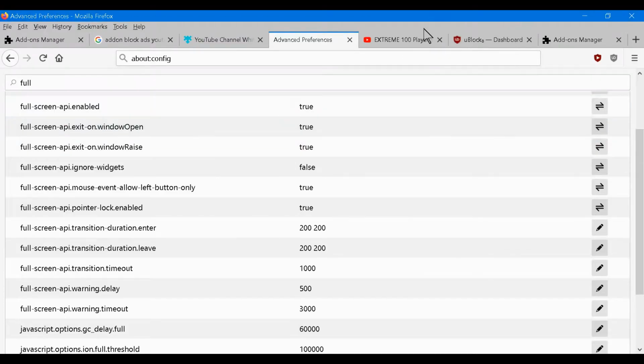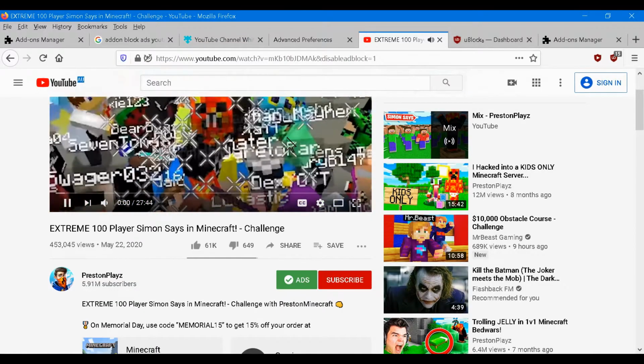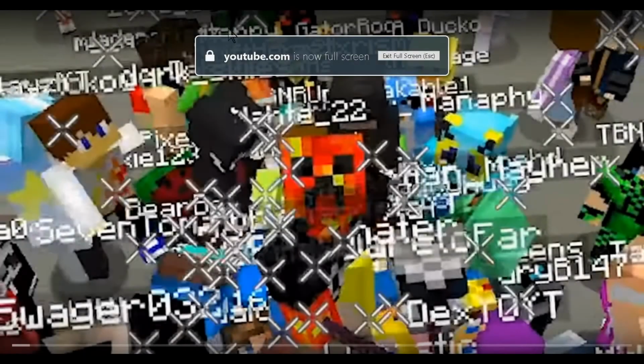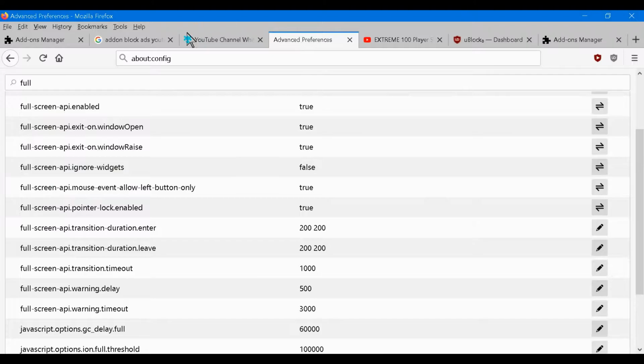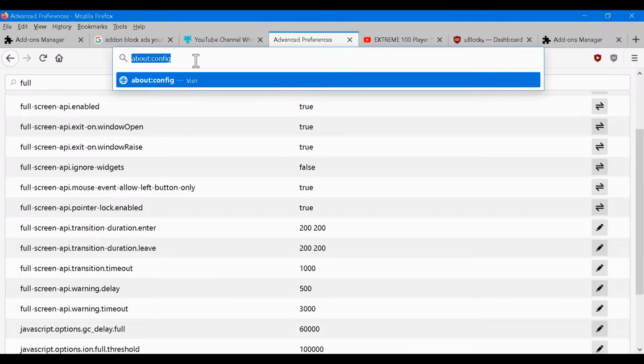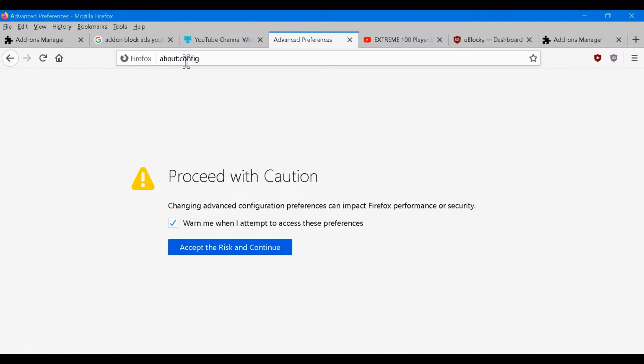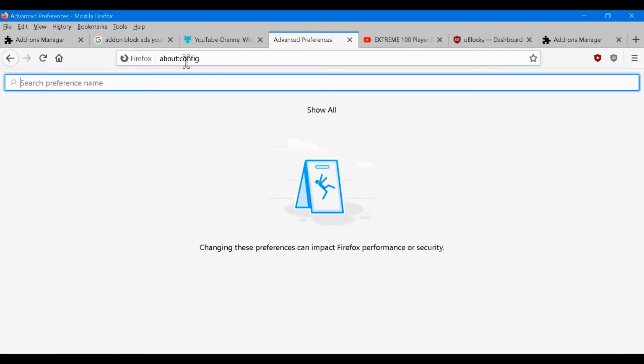Okay, I'm very not happy with YouTube when they put "YouTube is now full screen, exit full screen," which isn't really YouTube's fault, it's Firefox. So let's see how to get rid of it. Advanced preferences, type in about:config, press enter, it says proceed with caution, I just press enter again, type in full,